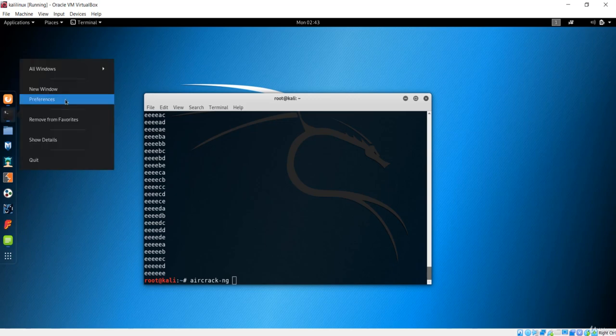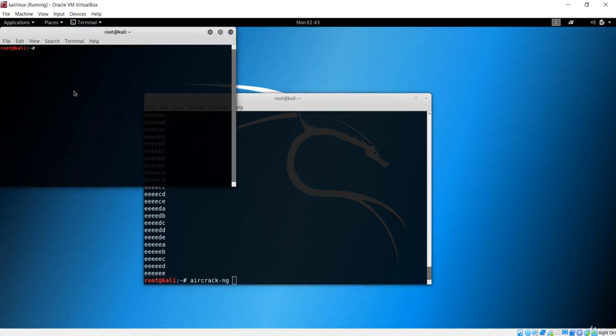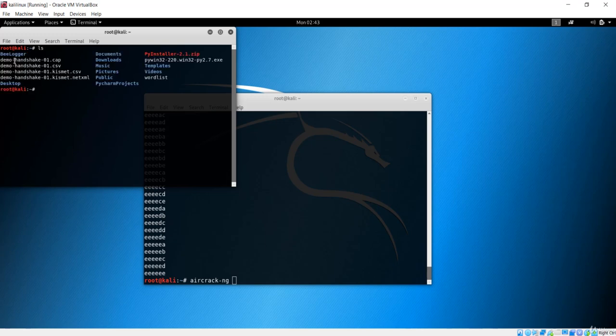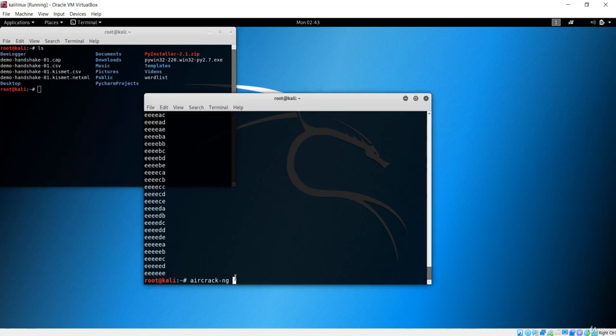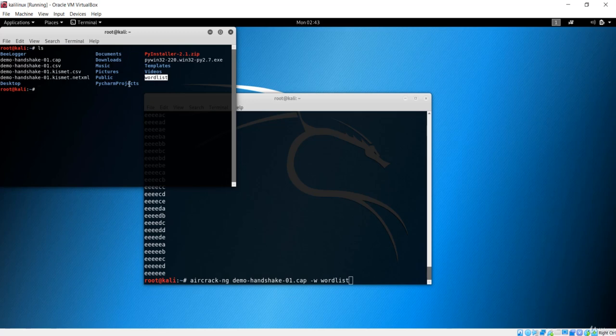Let me open a new terminal, and if I say ls, this is going to be our handshake, demo handshake 01.cap. This is our handshake file, and after that you have to use the word list. I'll say wordlist, because you can see the word list is also in this home directory where we have the demo handshake.